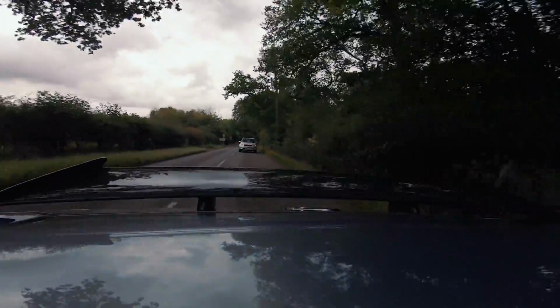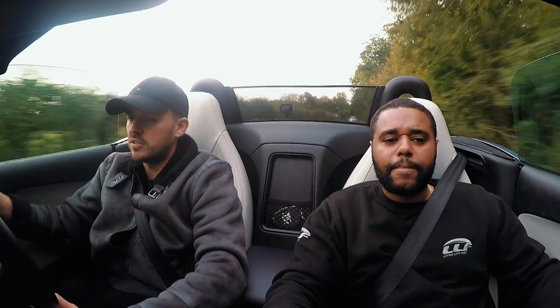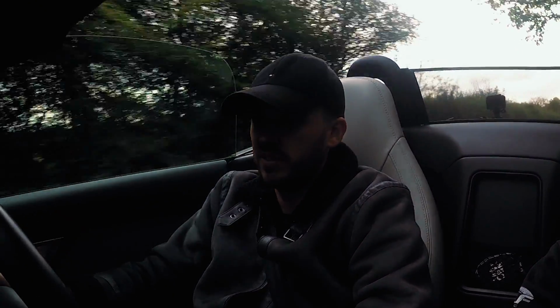Is that the ZF box? Was it 8-speed? 8-speed, yeah. And how do you find the gearbox? It's quick on upshifts, but downshifts have a little bit of a delay, but it's not really a race car, is it? It's had software, so it gives you a bit more of a thud, so obviously I don't know if it's clamping pressure or...